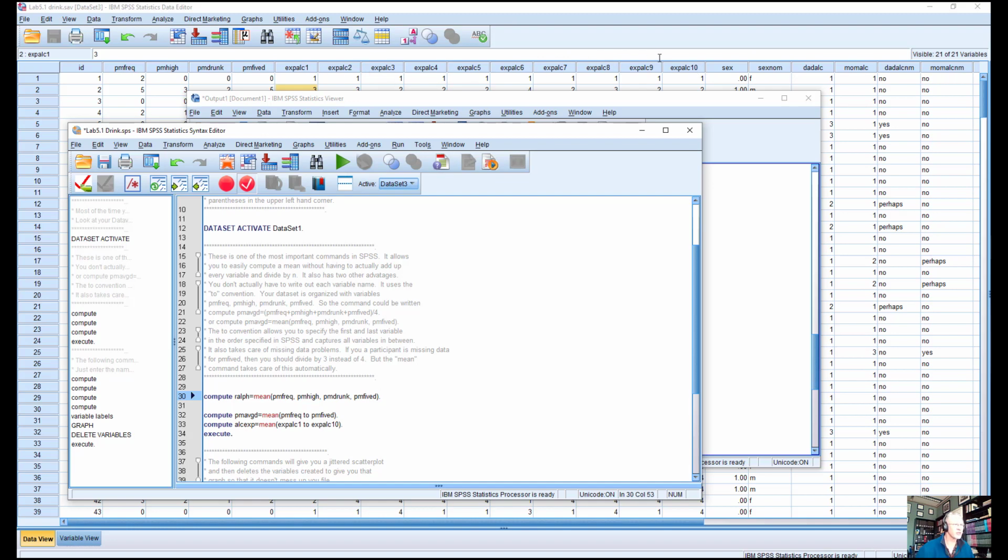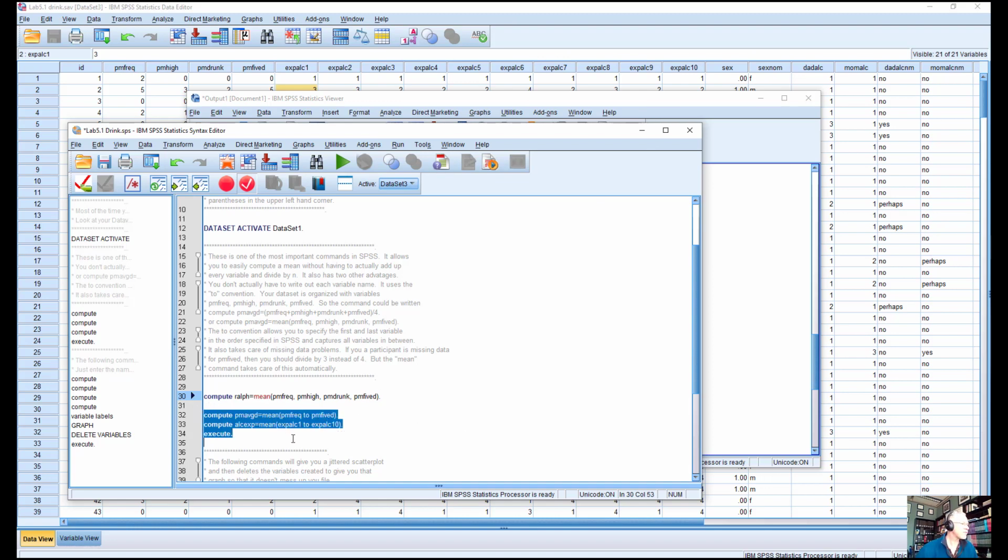It would get whatever's in between. So it's not paying attention to the numbering scheme in the suffix, which is something that another statistical program, SAS, does do. SAS pays attention to the number scheme in the suffix, but SPSS does not. It just takes them in order.